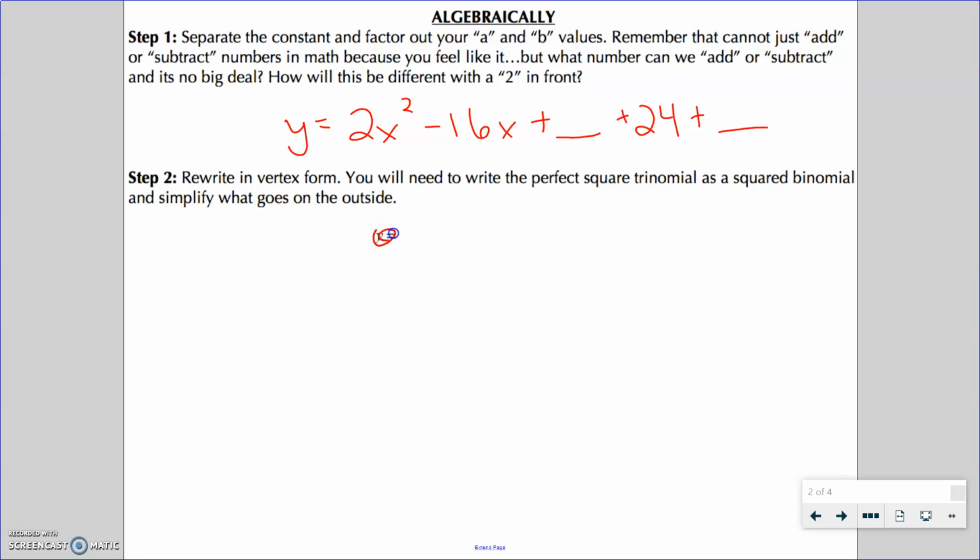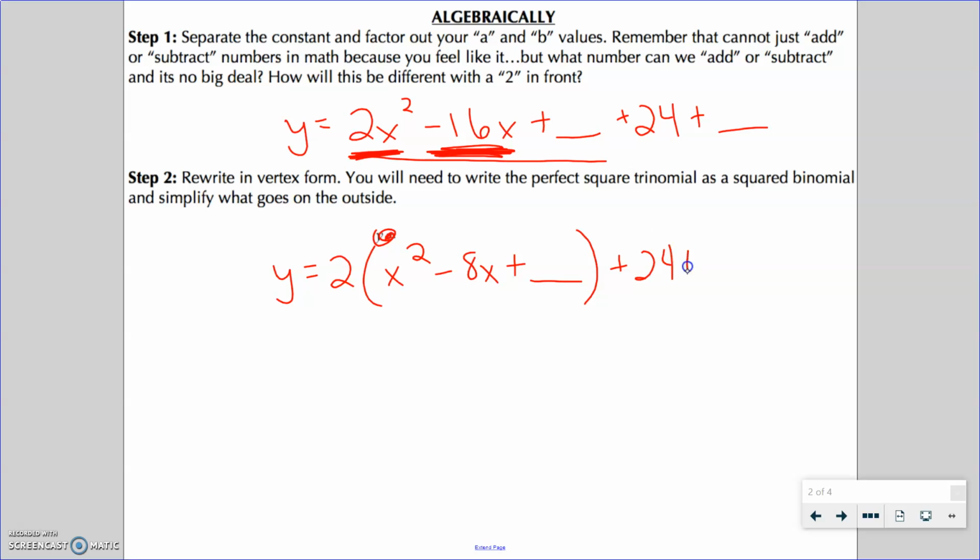Next step you need is you need to factor out the 2 from right here. So here's what that looks like. I put a 2 out in the front and I put parentheses. And I say, okay, if I were to take a 2 out of this term, then an x squared is what would be left. If I were to take a 2 out of this term, meaning kind of like I'm dividing, this would turn into -8x. I still put the plus blank, and I close the parenthesis, and this plus 24 plus blank is going to